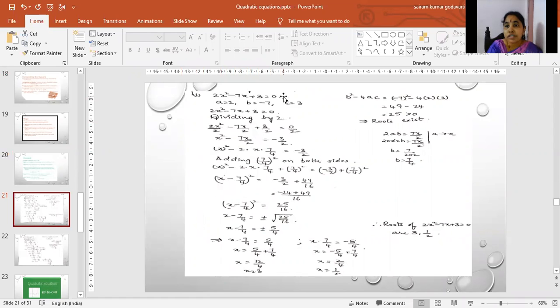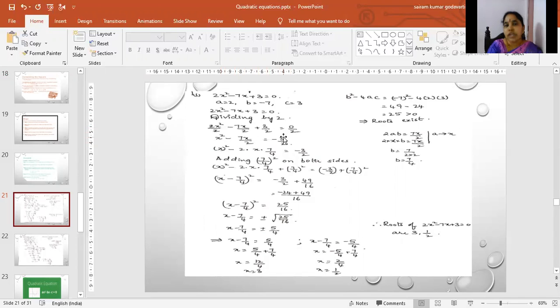The first step in solving by this method is that the coefficient of x square should always be 1. Here the coefficient of x square is 2. So divide the whole equation by 2. Dividing the whole equation by 2, 2x square by 2 minus 7x by 2 plus 3 by 2 is equal to 0 by 2. 0 by 2 is always 0. So 2x square by 2 becomes x square minus 7x by 2 is equal to, plus 3 by 2 becomes